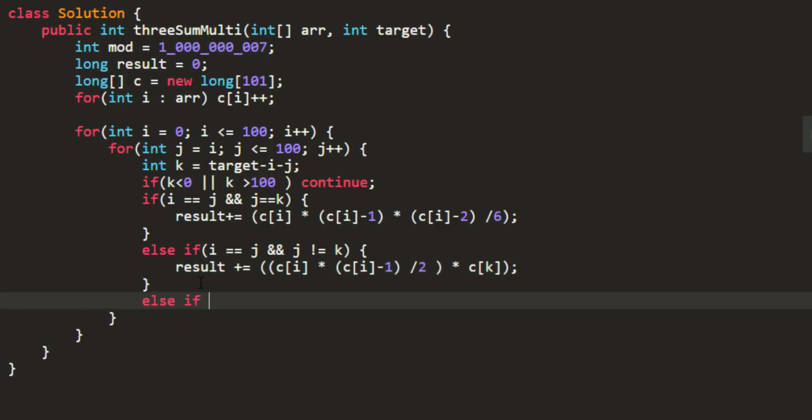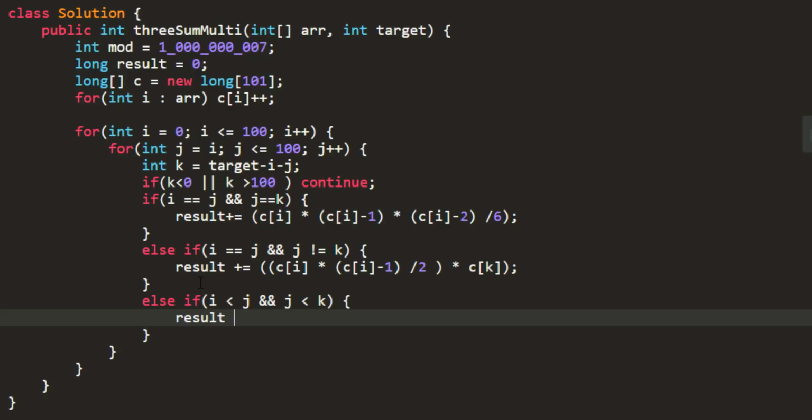Otherwise, if my i is less than j and my j is less than k, in that case my result would be the third formula, which is c of i multiplied by c of j multiplied by c of k.